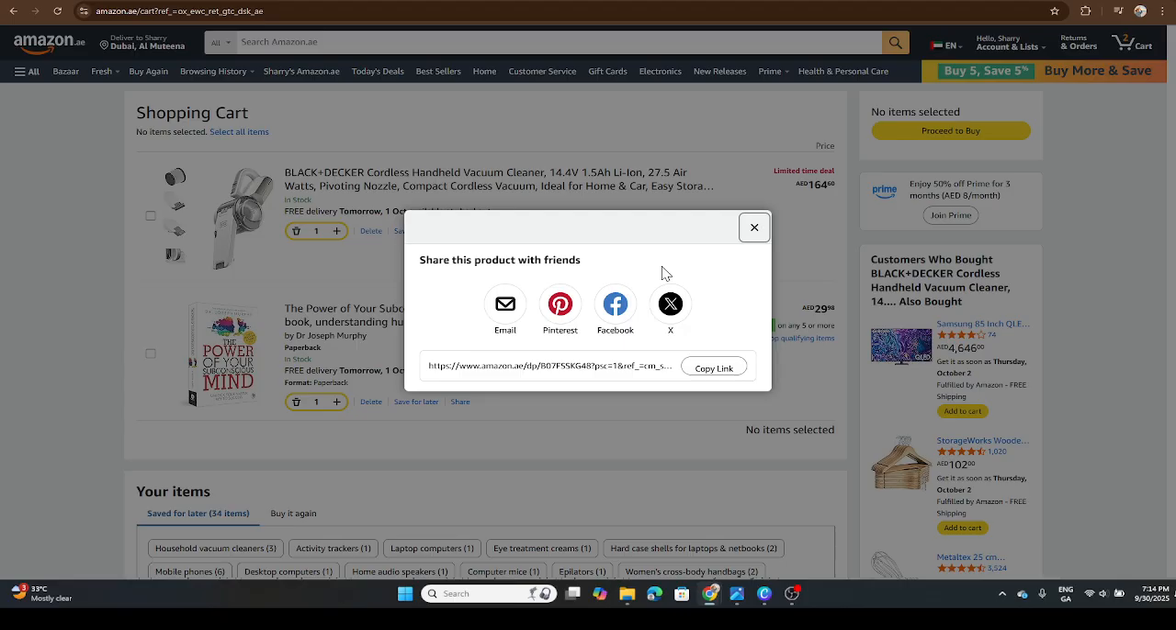One of the easiest ways is to choose a social media platform. Amazon provides options to share via platforms like Pinterest, Facebook, or Twitter, allowing you to post your list directly to these sites. This can be particularly handy if you already have a network there with whom you wish to share your cart. Just click on your preferred social media button and follow the prompts to post your cart for others